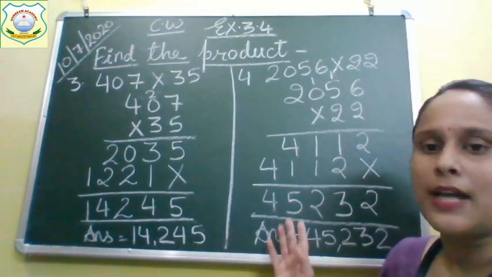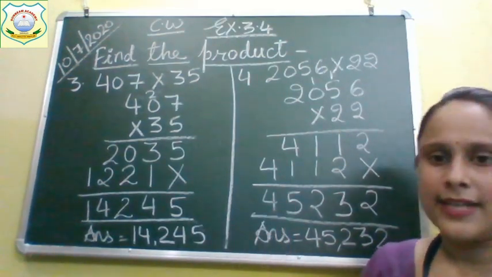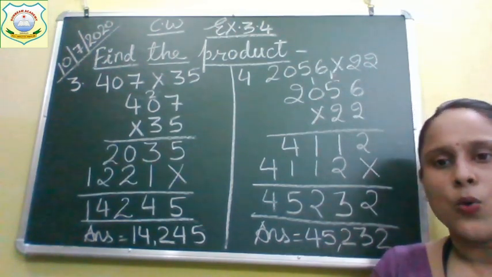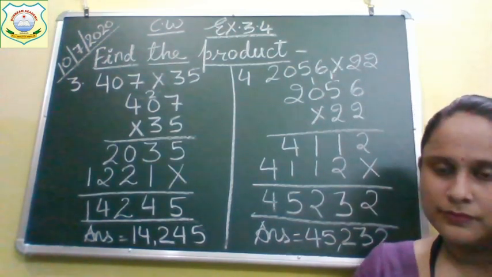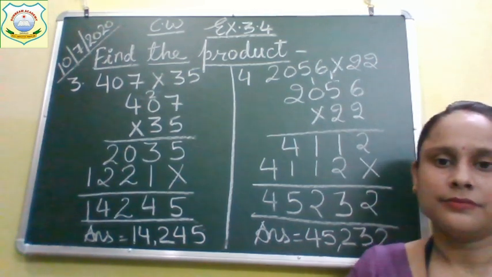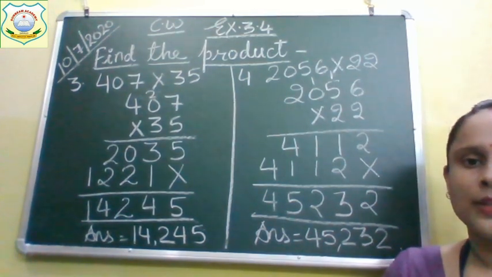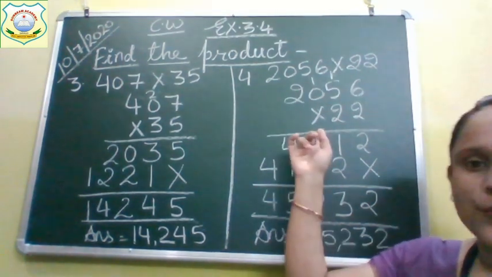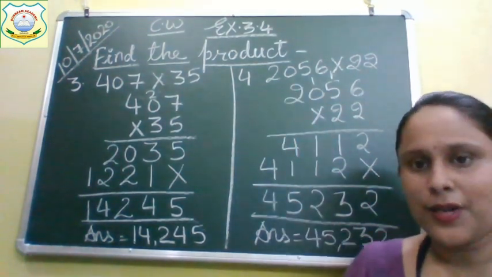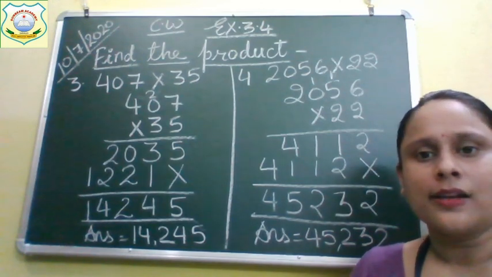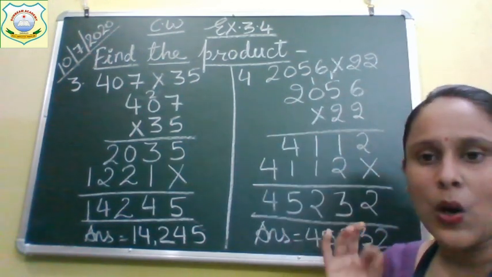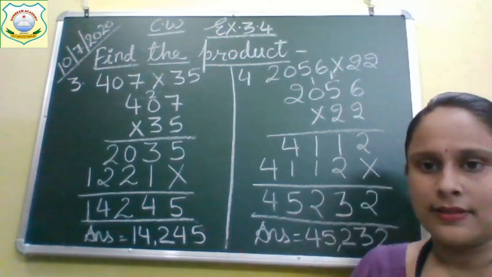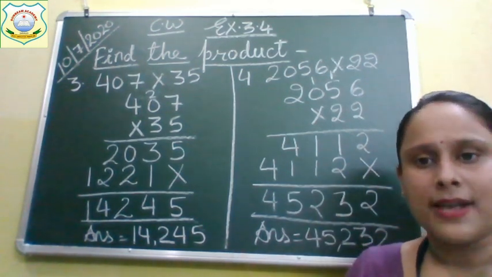Now you can copy down question 4, children. Write it down in your notebook. After this, I will give you today's homework questions. Write very neatly and clearly. Arrange the numbers properly in column. Your numbers should not run here and there. It should be written in proper column, and each and everything should be written at quite a distance. Don't mix it up. Don't mess your notebook.